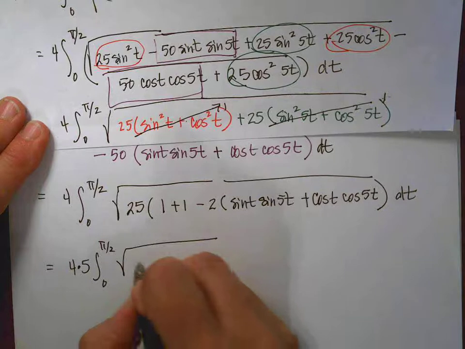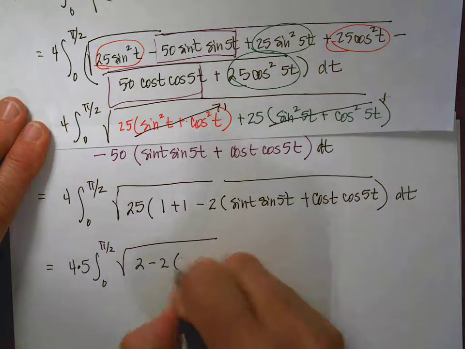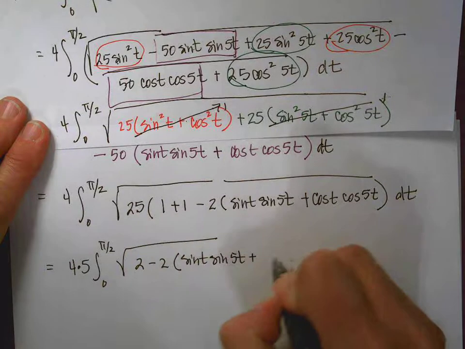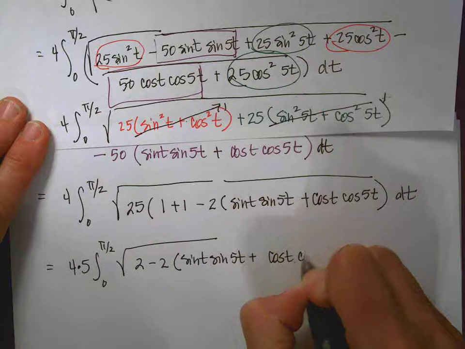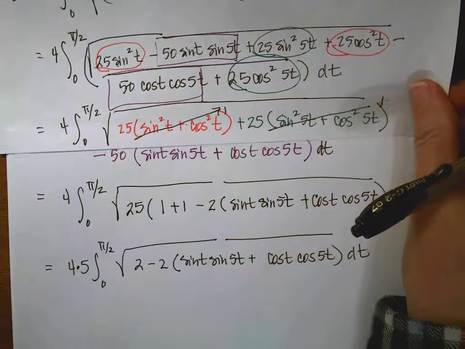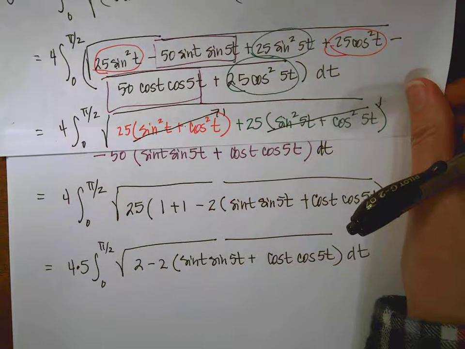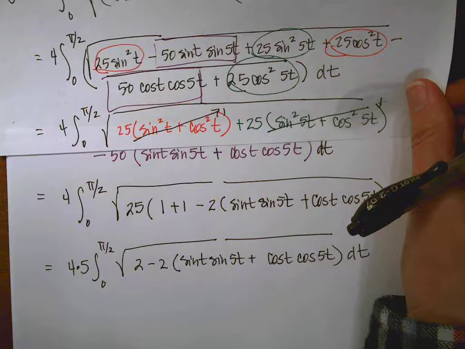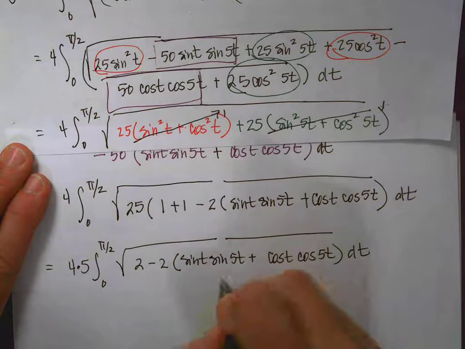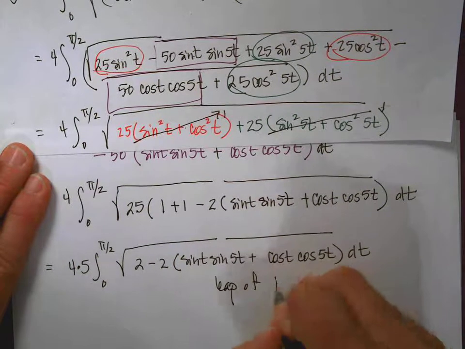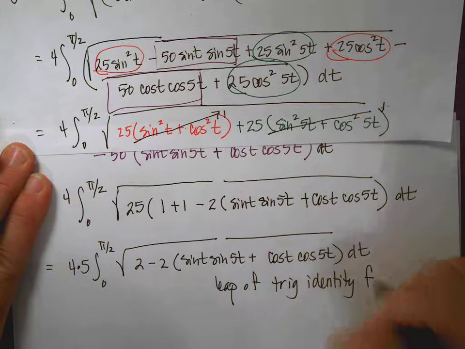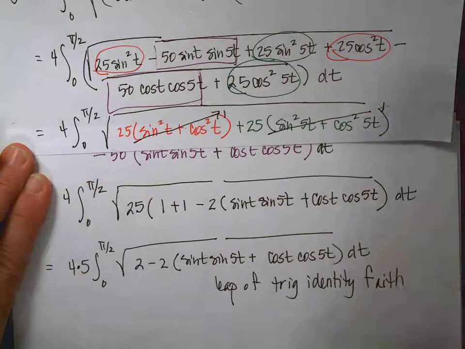So then I have 4 times 5 times the integral from 0 to pi over 2 of the square root of 2 minus 2 times the sine of t sine of 5t plus the cosine of t cosine of 5t. I know that still really looks gross, okay? All right, let me turn my page so I don't screw that up. And I'm just checking my work. So the interesting thing is, at this point, I'm going to tell you that you need to make a leap of trig identity